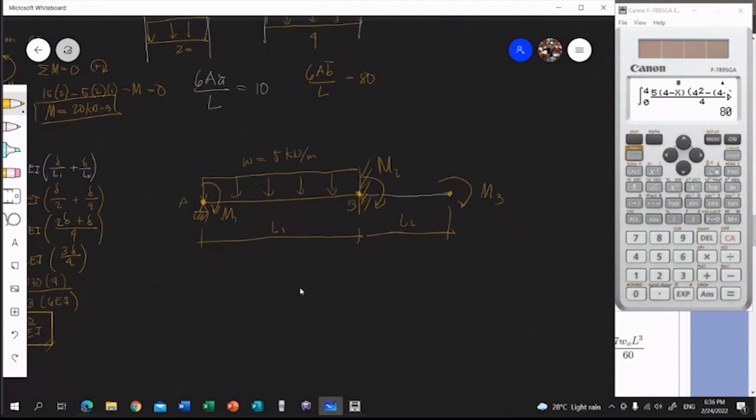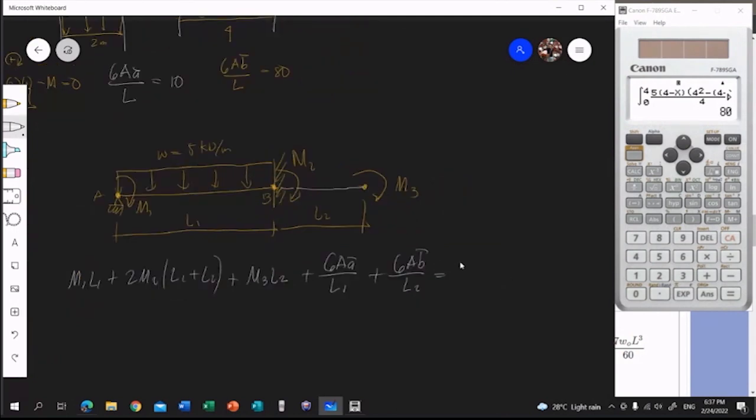Okay? Let's write the three-moment equation. M1 L1 plus 2 M2 (L1 plus L2) plus M3 L2 plus 6 A_A bar over L1 plus 6 A_B bar over L2, and this is equal to 6EI times (H1 over L1 plus